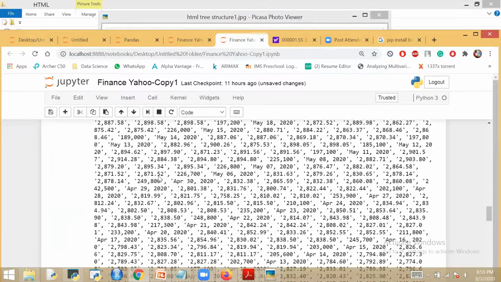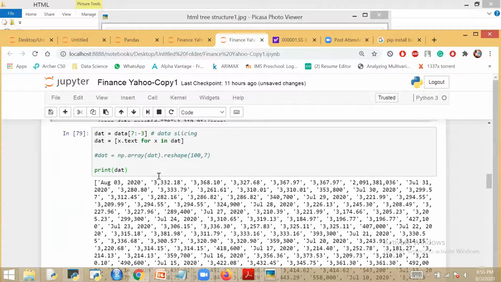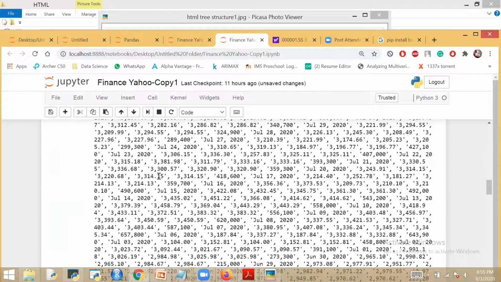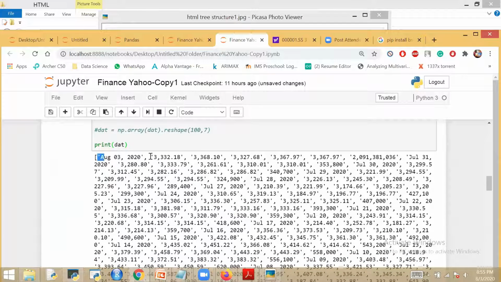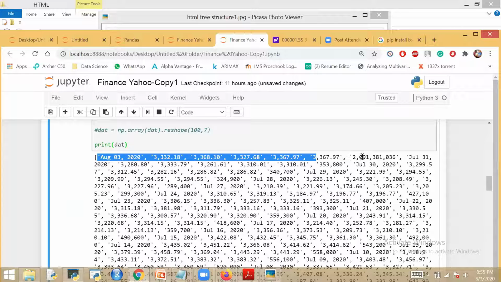I got this as an ndarray. Sorry, this is a list that I got. Okay, so this is a list; from August up to here, 7 entries will be considered as one row, until I get the next date.